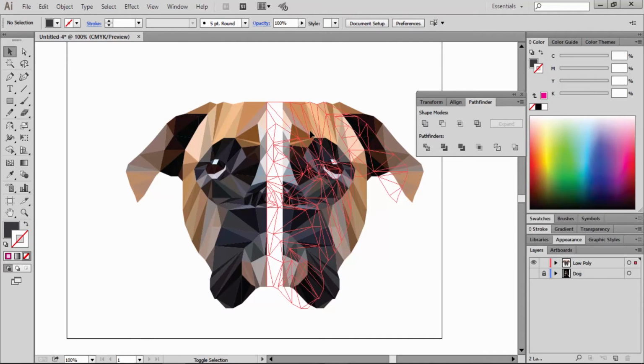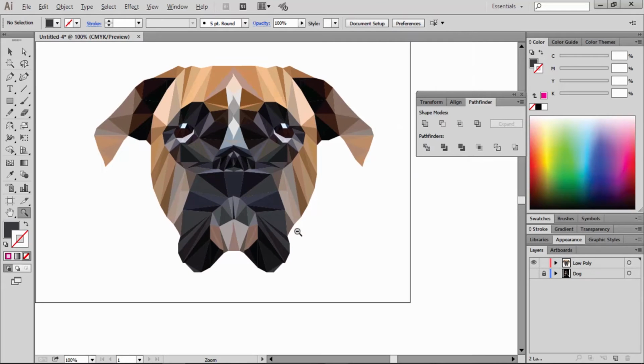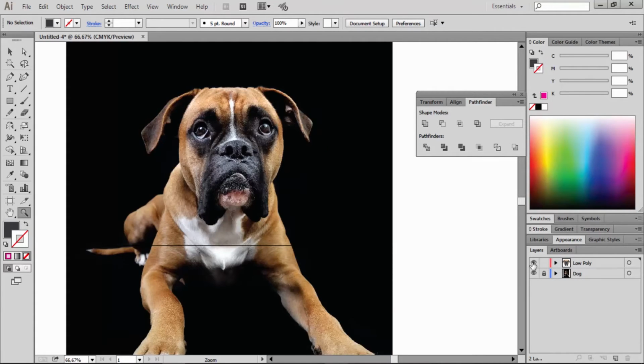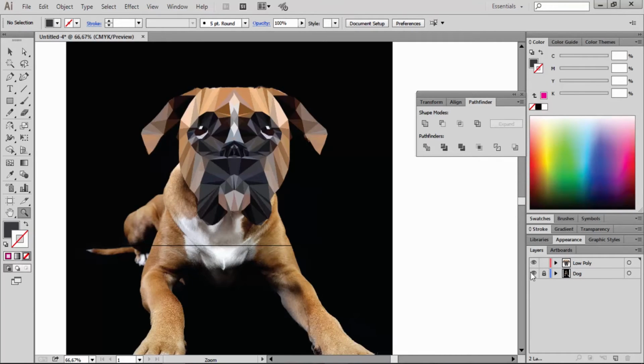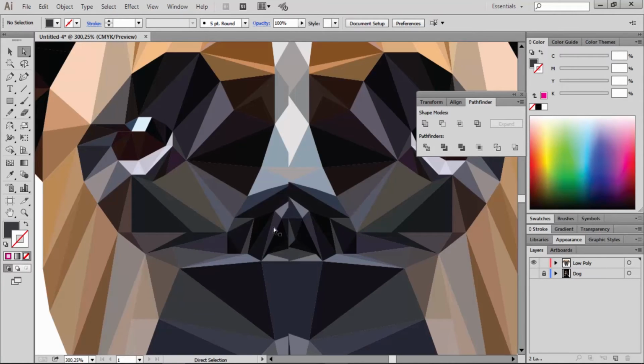We move it over here, and now if we compare to our original image, we can see that it's a very nice dog's face that we just created. But we can still fix some of these triangle colors. For example, this nose needs some corrections.